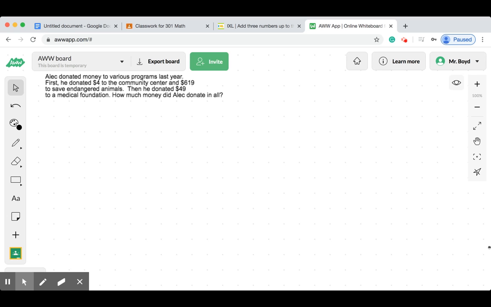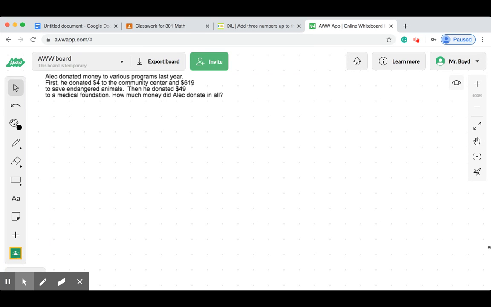Good morning, third grade. Today we're going to continue with subtraction and addition, but we're going to be using word problems today, and they are going to be mixed. So you're going to have to first determine if the question's asking you to add or subtract, and then you're going to have to use our skills to either add or subtract. And I'm going to show you an example of an addition problem, and an example of a subtraction problem, and how we can tell the difference between whether we're supposed to add or we are supposed to subtract,